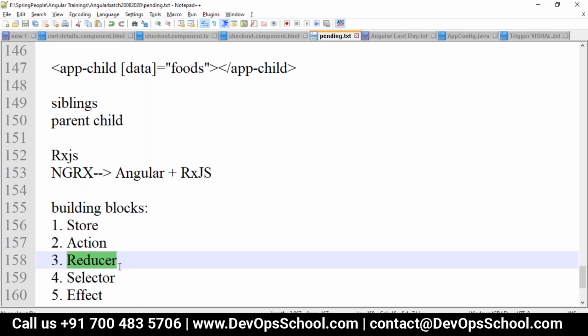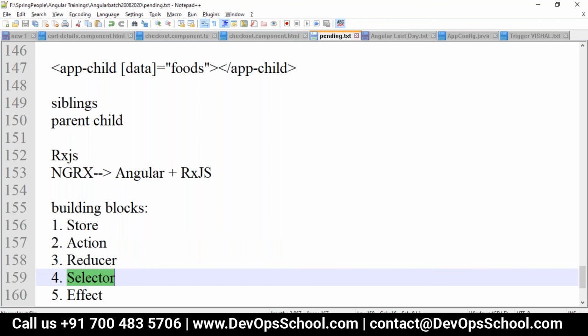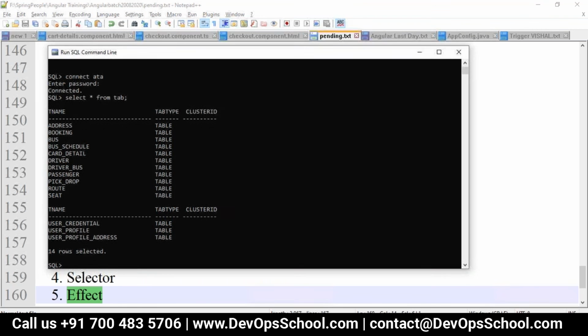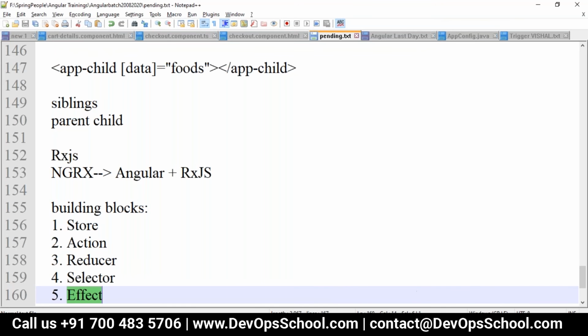The selector is a function used to retrieve the partial state, and not for all the components. Effects also listen for some action types that deal with the service part. If you want better debugging with NGRX, we can use NGRX development tools. With that, we can just go with this. To take this state management further, I'll take another application. Just give me a minute.